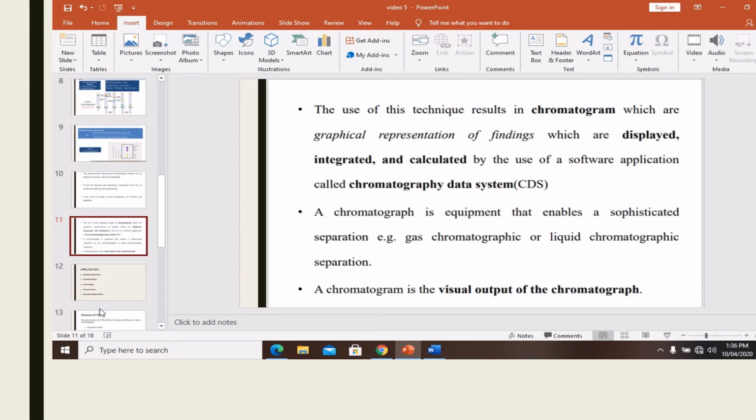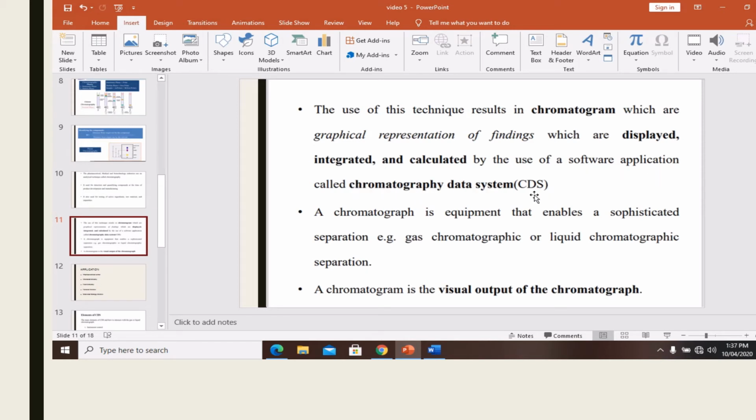So the use of the technique results in a chromatogram. Next, the testing has been done. The result is a graph generated from the signal of detection due to the separation of the molecules. The output will be carried out by the graph display. The graph representation of the findings, which are displayed, integrated and calculated by the use of a software application, is called a chromatography